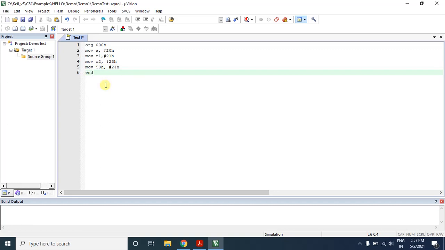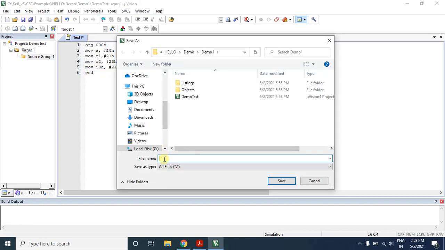Fine. We have created a new file. We have to save this file first, because all the programs you write should be saved with the .asm extension, the assembly program extension. For that you have to save the program. I'll click OK. Here I have to give a new name, test program, and do not forget to save this file with the .asm extension. So the program is created and saved in .asm extension.